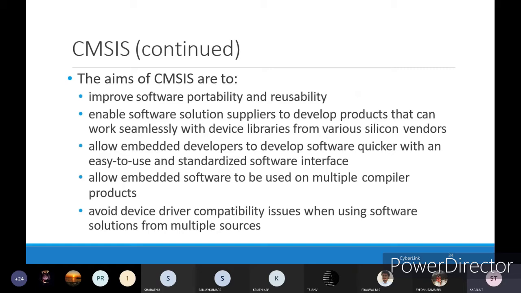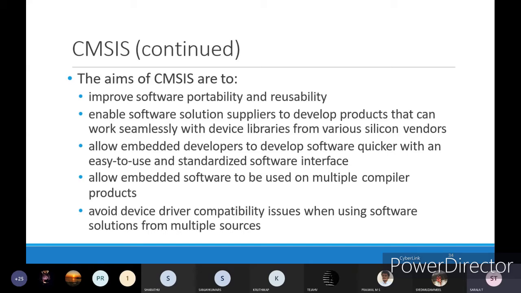The aims of CMSIS are to improve software portability and reusability, and enable software solution suppliers to develop products that can work seamlessly with the device libraries from various silicon vendors.